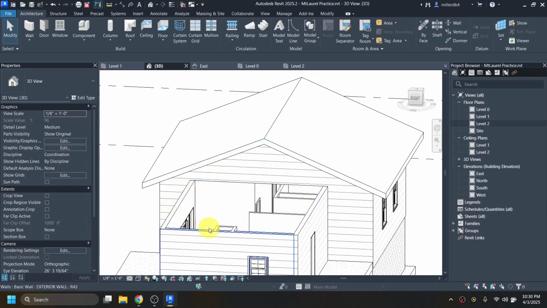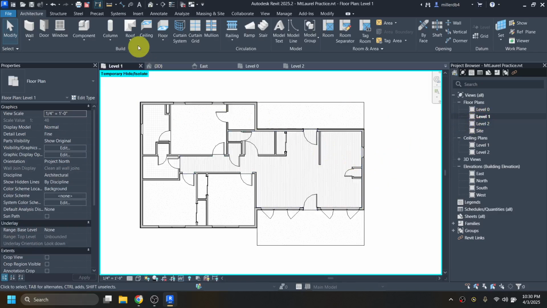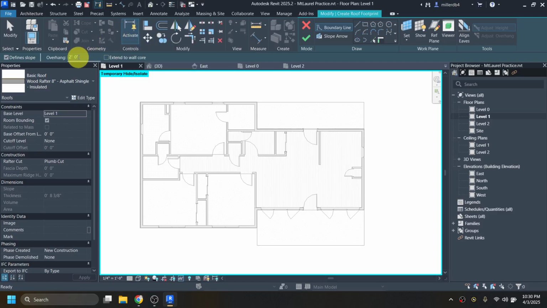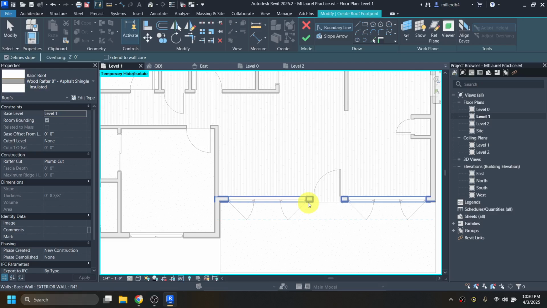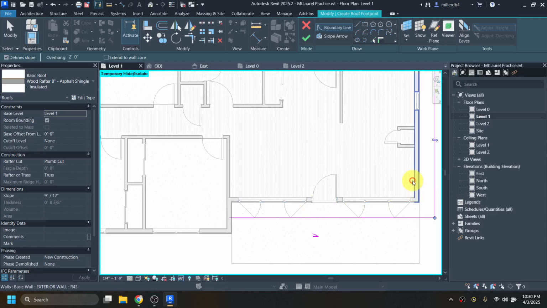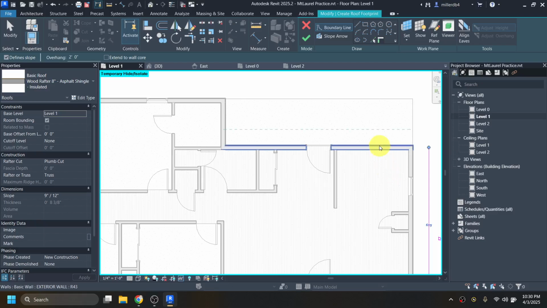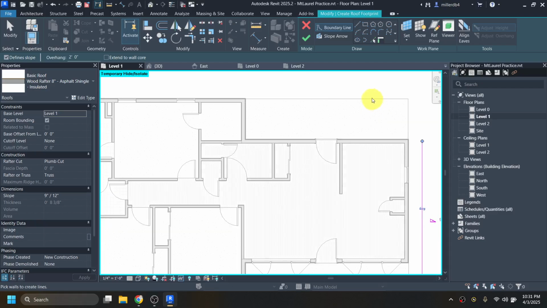Next, we'll put a roof on this part of our house as well. So to do that, I'm going to go back into my level 1 floor plan. I'm going to start the roof tool again for roof by footprint. And we already have that overhang. So I'm going to click on, which I don't understand why we don't have an overhang on this side of the porch, but we apparently don't. So I'm going to click on this one, and this one, which actually goes out to this line here, which I'll use pick line instead of pick wall to do a